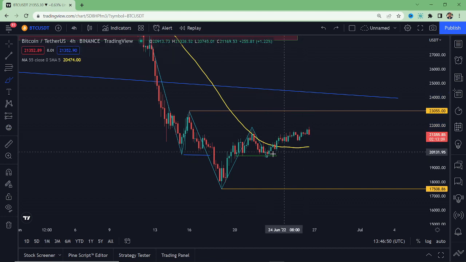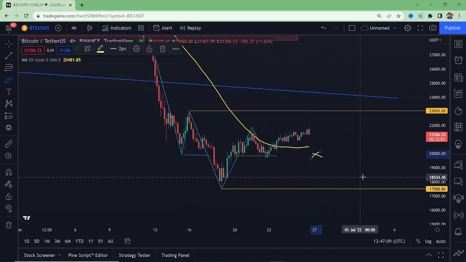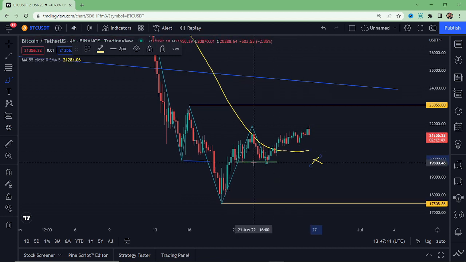However, if we fail this level, if we drop below this level, then I'm pretty sure, I mean, it is very certain, if you're breaking this level, 19,880 84, whatever it is, if you break below this level, this is your order block. You have some orders right there. You see there, you had those orders.